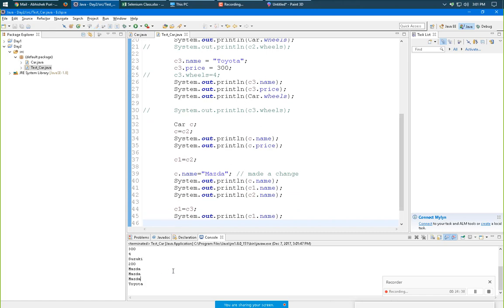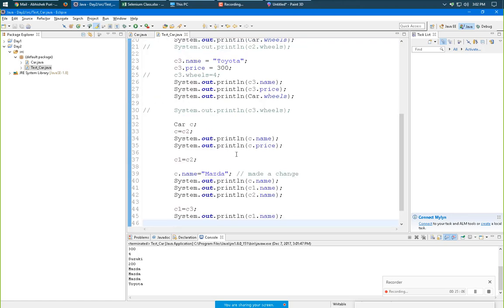See, we can have any number of object references and we can have any number of objects. Objects acquire memory, but object references do not. Two or three object references may share a single object.